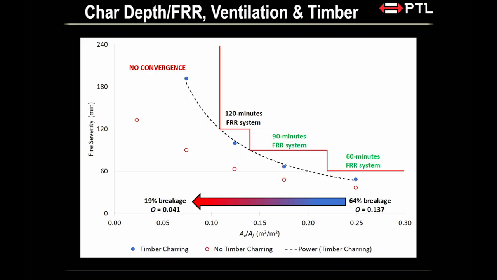Okay. Anyway, what I wanted to show you here really quickly is just the impact of timber, the impact of ventilation. One graph summarizes it all. So really, by now you probably know how to read this thing. The vertical axis is what I call fire severity or fire resistant rating. It has a direct relation with the char depth. So, as char depth goes up, the fire resistant rating goes up, basically, right?